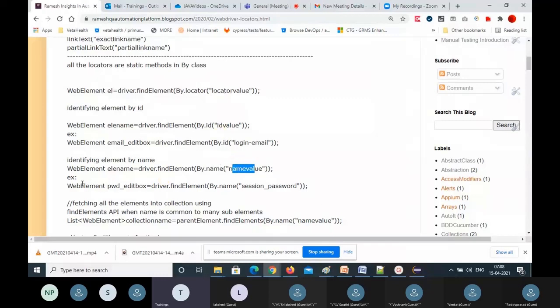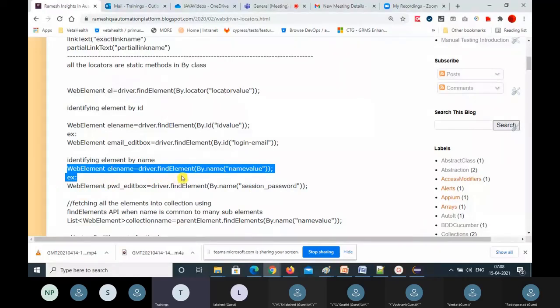Okay, this is the example: WebElement passwordEditBox equal to driver.findElement(By.name(value)). You get it from the HTML for this element. You inspect this element, it will be highlighted, and you take the name locator value. Okay, that's a single element you are identifying.